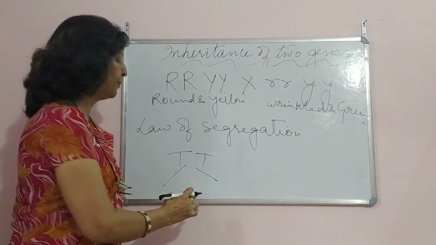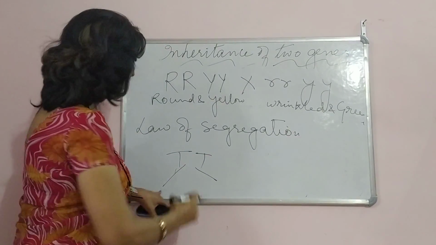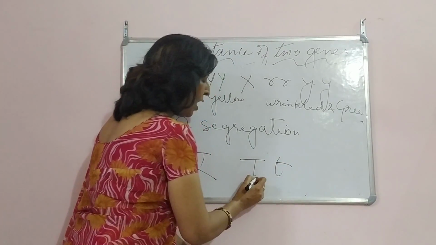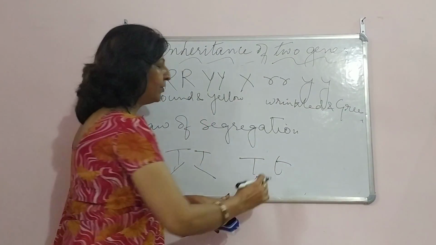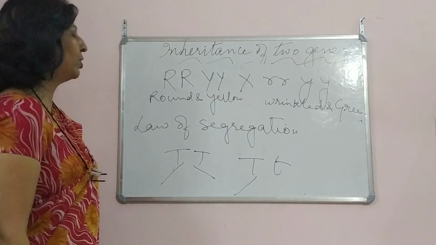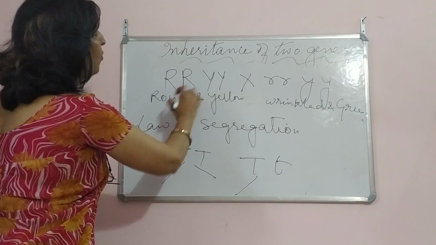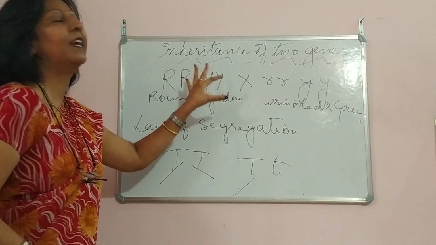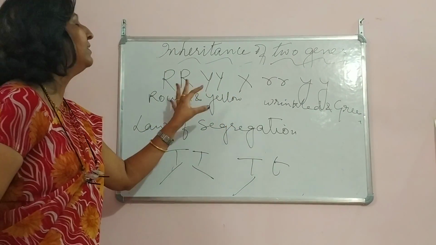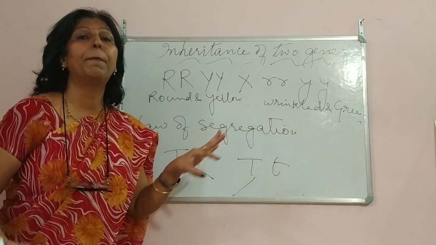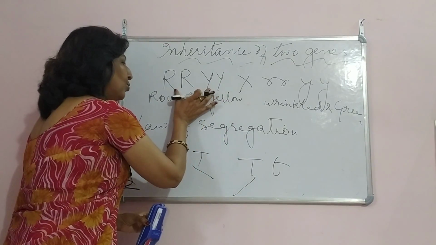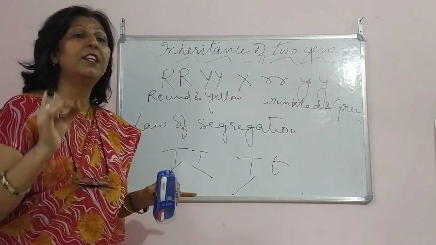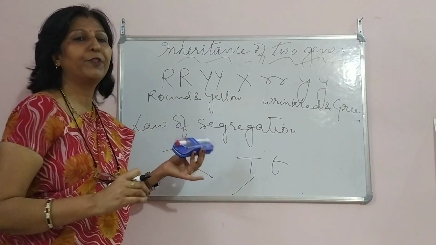Suppose it forms a number of seeds. Each of them will have 50%. Capital T, small t, yes, half of the seeds will have T and half others will have small t for height. But here what happens? Segregation. When we study 2 characters, the segregation has to take place properly, and they are not interdependent. They are not dependent on each other. When we study 2 characters, they segregate independently. They are not dependent. So that is what is law of segregation.